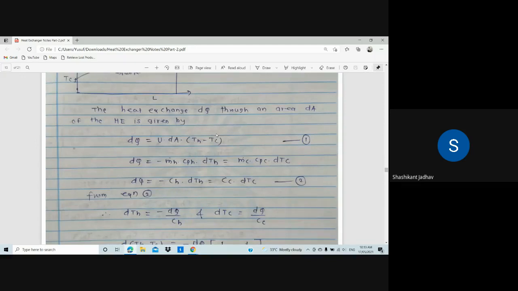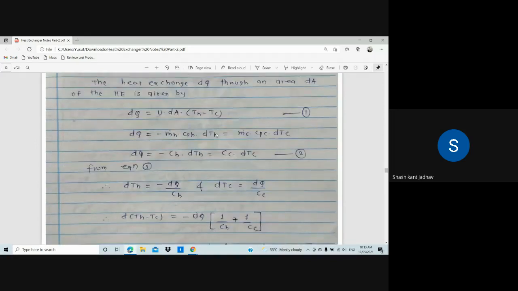particular small element: dq is equal to U into dA into (Th minus Tc). Then we have written the equation for the hot fluid and cold fluid for that particular small elemental area. For the hot fluid, the temperature reduces, so we have taken the negative sign. So dq is equal to minus m dot h Cph into dTh, and for the cold fluid m dot c into Cpc into dTc. So m dot h into Cph is nothing but Ch, and m dot c into Cpc is nothing but Cc. From that equation we have calculated the value of dTh and dTc, then we have